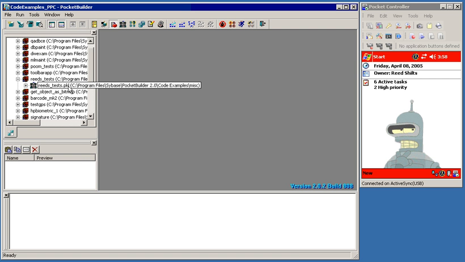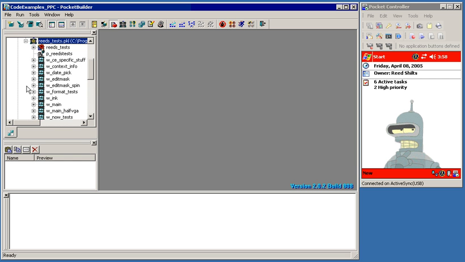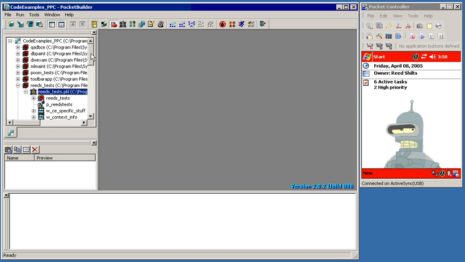This is a very simple non-database sample. And this provides us a good opportunity to go over the nomenclature again for targets and workspaces. We have a workspace which contains a set of targets. This workspace is Code Examples PPC. This workspace contains a set of targets, the QADB, DBPaint, etc., one of which is reads test. The target reads test contains one or more libraries, or pickles, PKL. These libraries contain the actual code. So the reads test target with the reads test PKL,